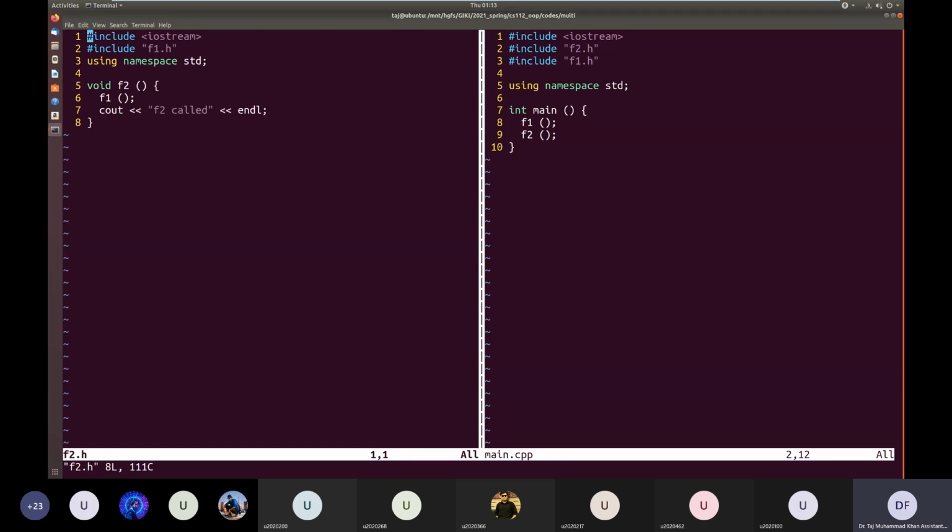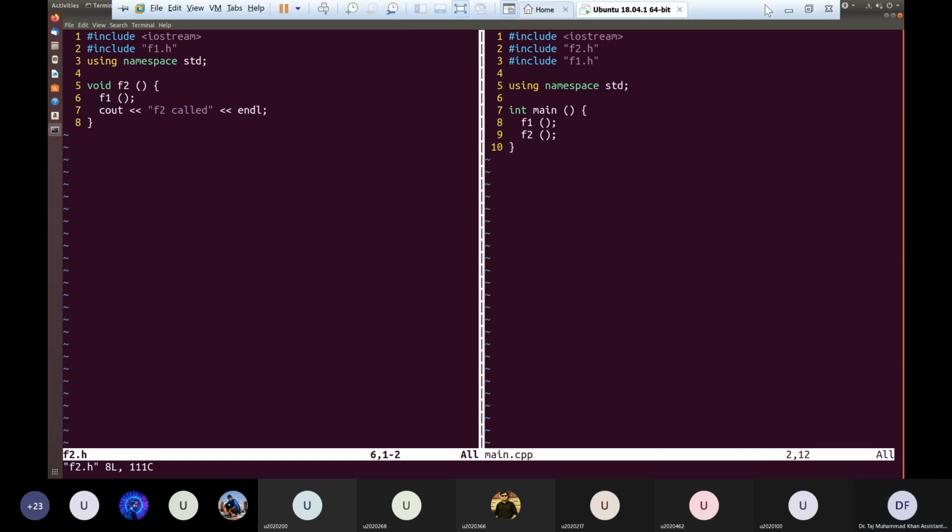So this is f2.h on the left. Is the function F1 being defined somewhere in f2.h? Are you guys sure?